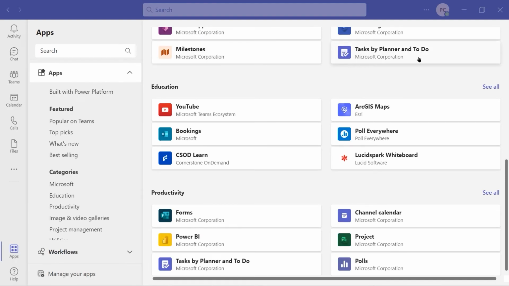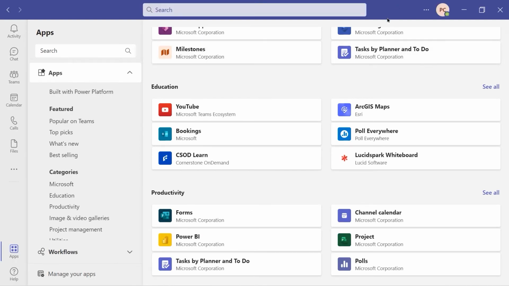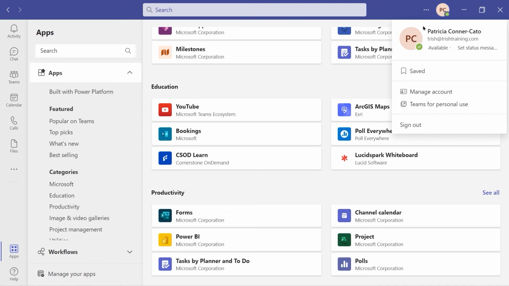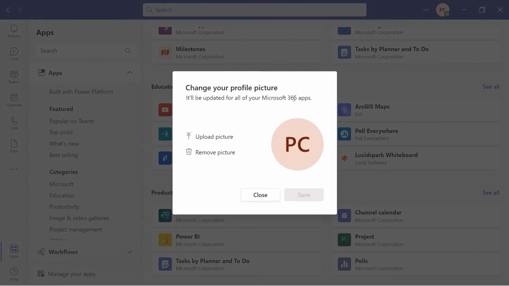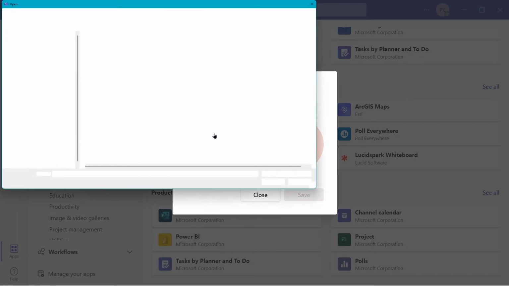One of the first things you may want to do when you start working in Teams is set up your profile. I'm going to go up and click on my initials in the upper right-hand corner, and click on my initials again. If you have a photo that you want to use as your profile photo on your system, that's what I'm getting ready to do. I have a picture on my desktop that I'm going to use as my profile photo. So I'm going to click on my initials and upload the picture.